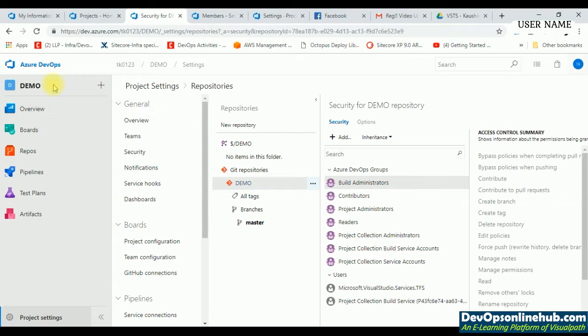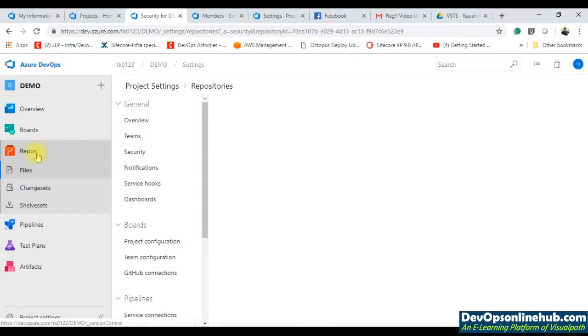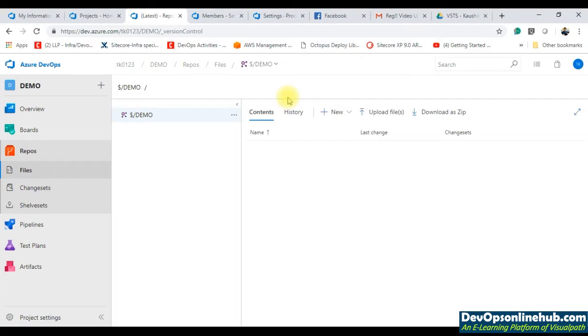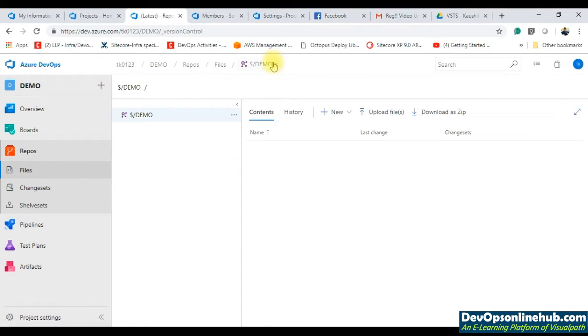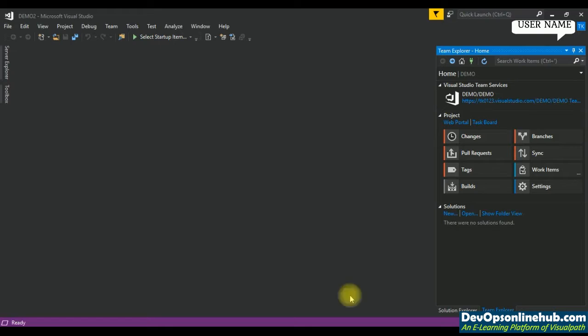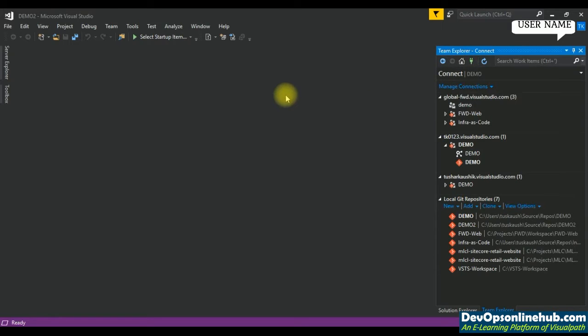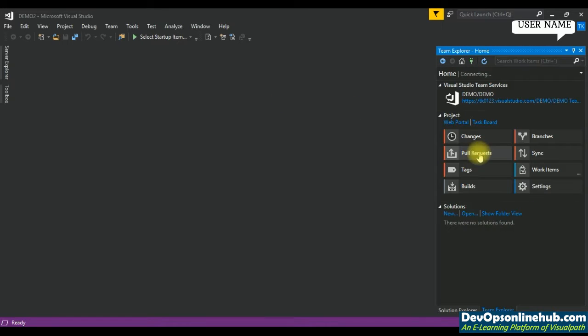So if you remember, there were two types of repos. So now I'll be creating another repo, which I've already done. That is the TFVC repo. So let's upload the code here to start using this repo. So what you can do, you can go to credentials, select this repo,